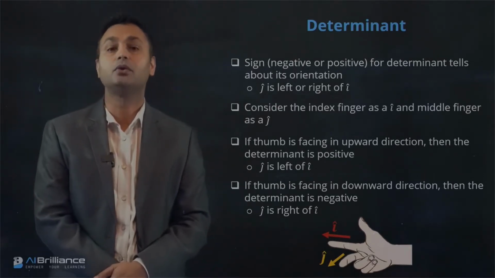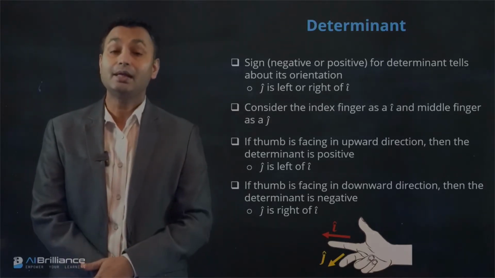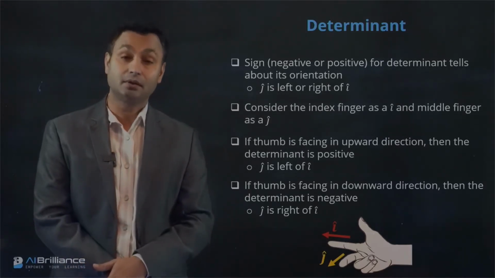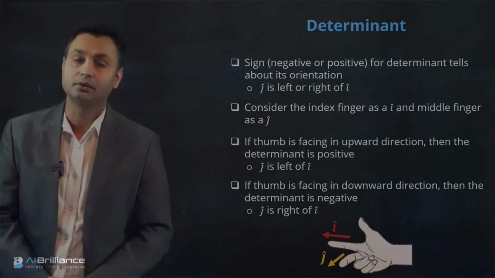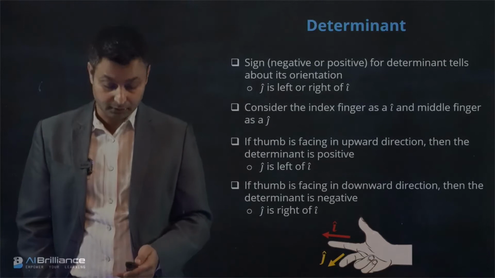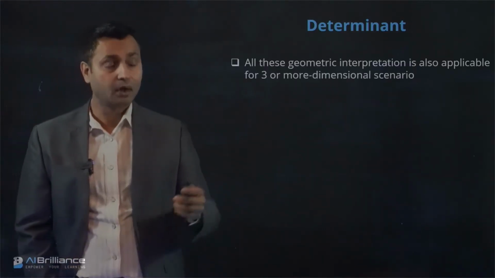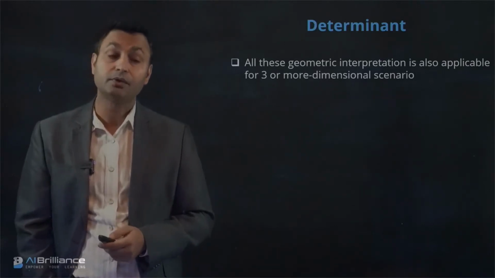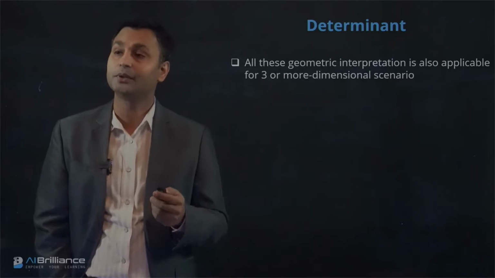And so the sign corresponds to the direction and the orientation of the area, and that's the geometric meaning of the sign in the determinant setting that we have, right? So again, all the concepts that we have discussed today, which are linear transformation, matrix multiplication, and the determinants, are